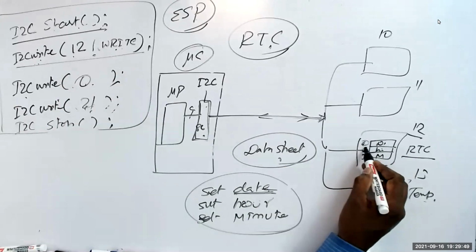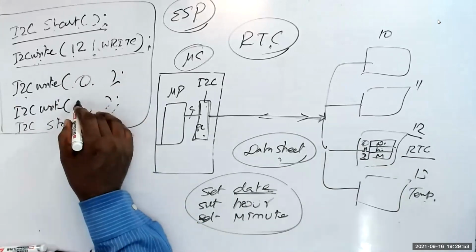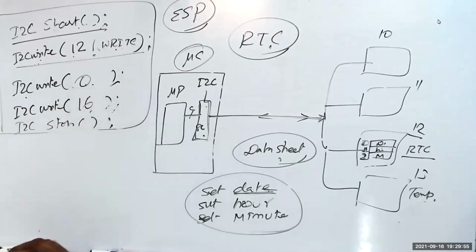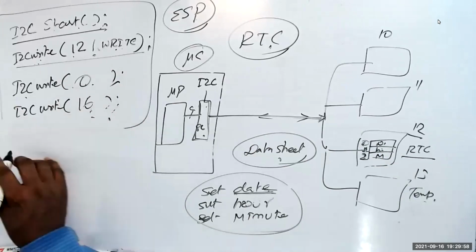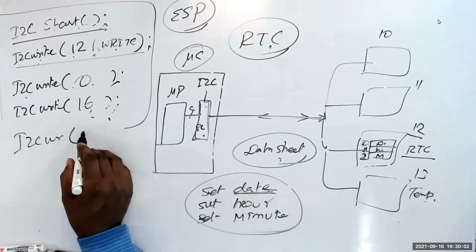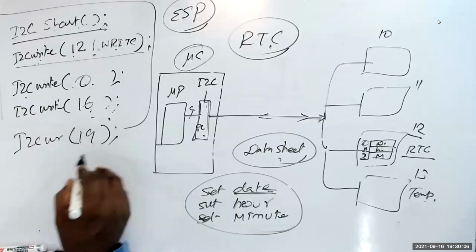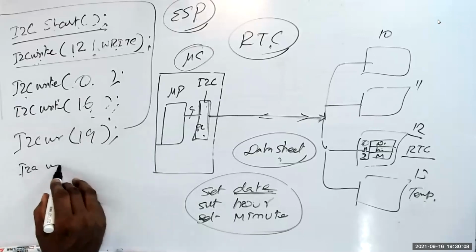Address 0: what is the date today? 16th. Okay, then I'll say I2C write. Hour: now the hour is, let's say, 19. Then I2C write